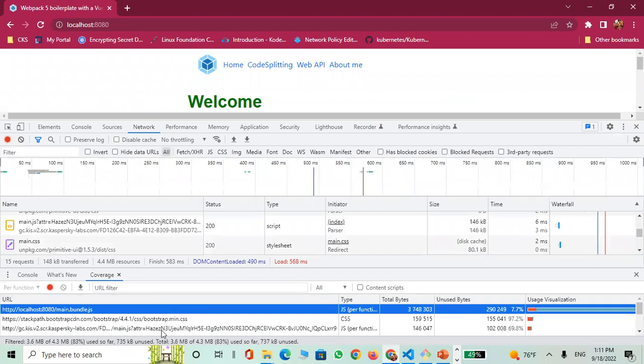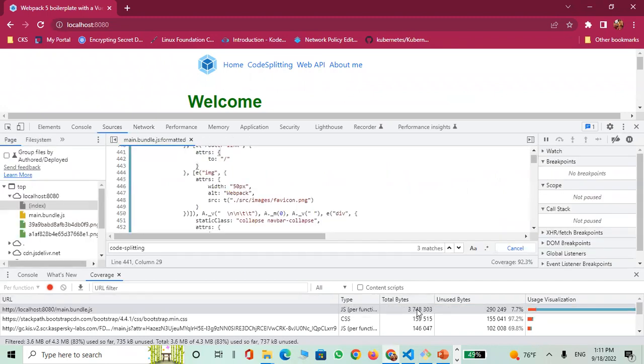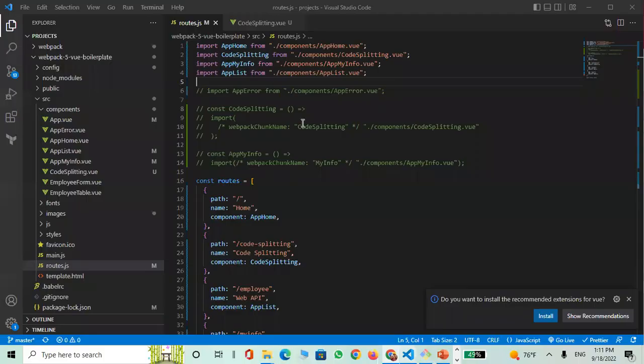So here in this bundle.js, the total bytes is 3.7 MB. Unused is 2.9. That means, see here, the red color is not used, only the blue color is used. Let me open this. Okay, so here, if you observe,